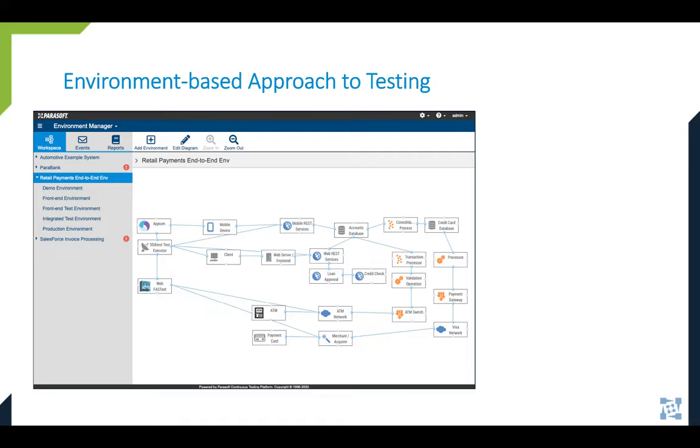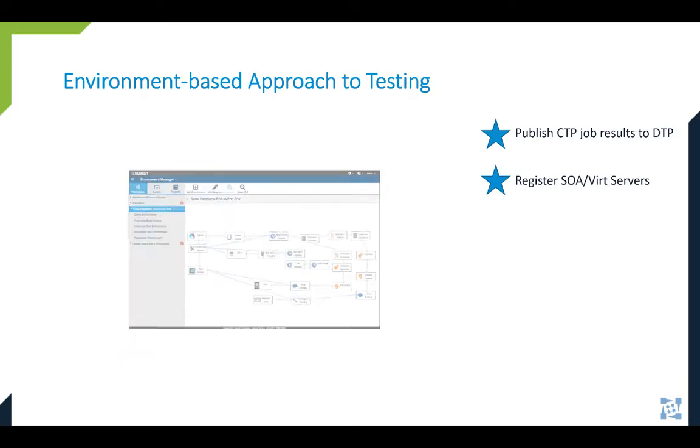Much of the same functionality in CTP is accessible via API to enable you to manage your virtual assets and testing in a CI/CD pipeline. And new with 2021.2, you can now configure your CTP jobs to send the results to DTP. And you now have the ability to register SOA virtualized servers, whereas previously it was a view-only screen to check their statuses.